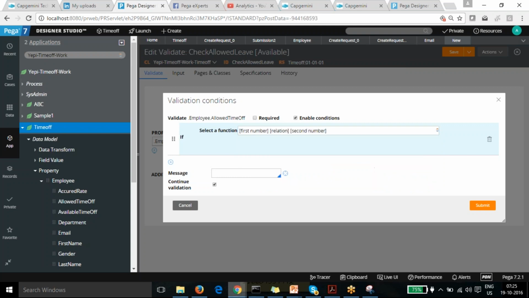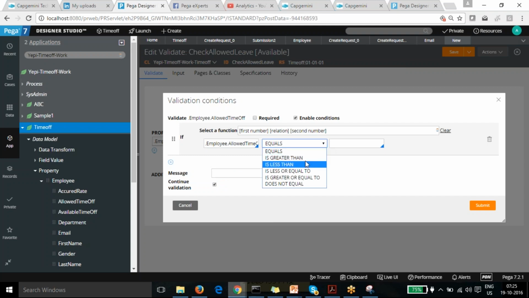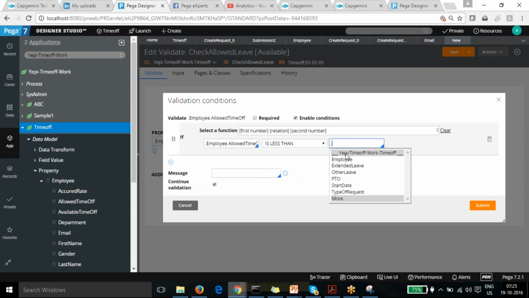So we go with the same employee dot allowed time off, which should be less than your accrued time off. And we can write the message as well, whichever message you want to give for the same.